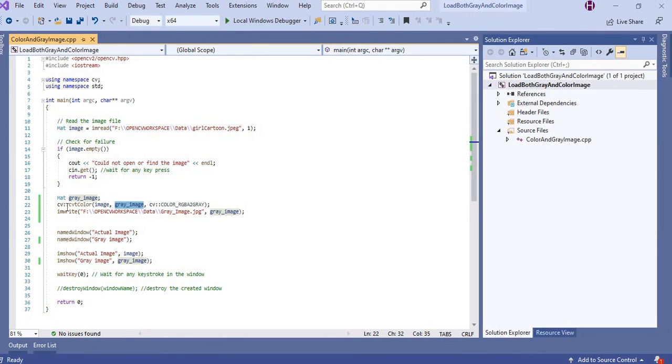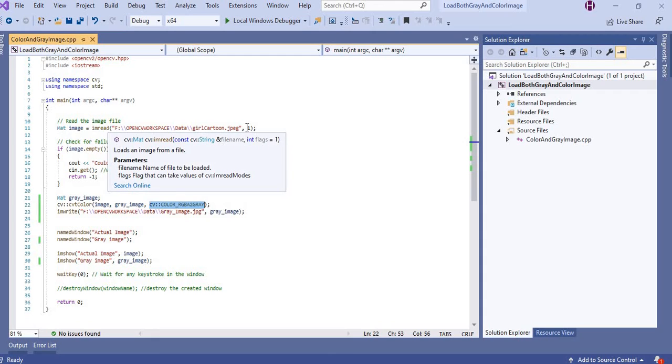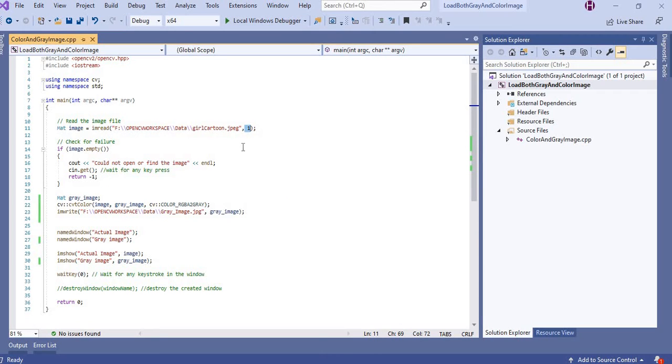Using the cv2 color conversion, it is showing me a grayscale image, or I can change this parameter. I have given the color load as RGB, so it's giving me the first image in RGB.